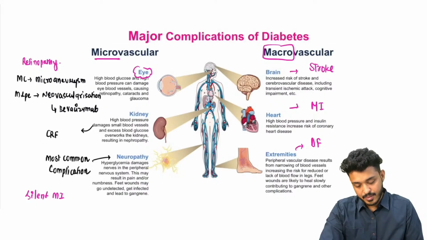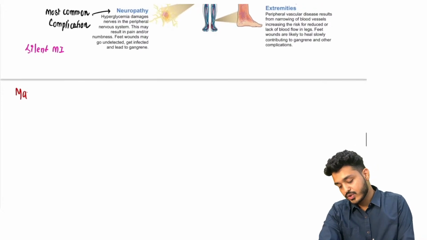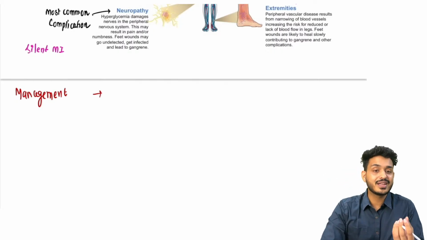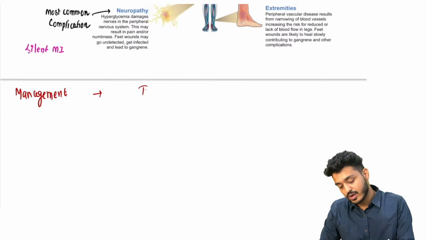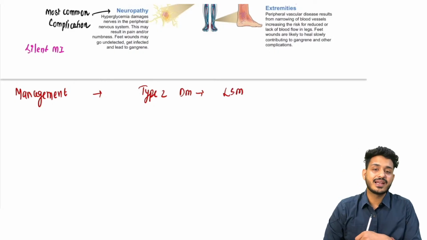These are the important complications that you should be remembering. Now comes the last part. The last part is about the management, how you are going to manage this particular thing. Management for type 2 diabetes, the general management that we are advising is going to be what? For type 2 diabetes, the basic first line management is always going to be LSM, that is going to